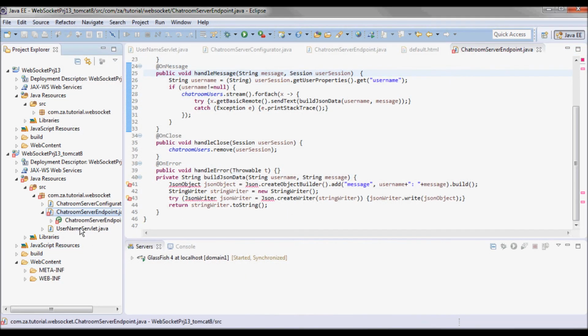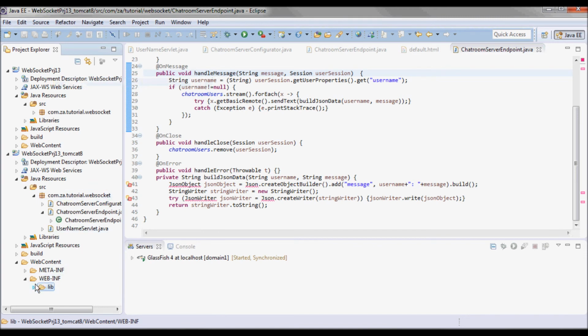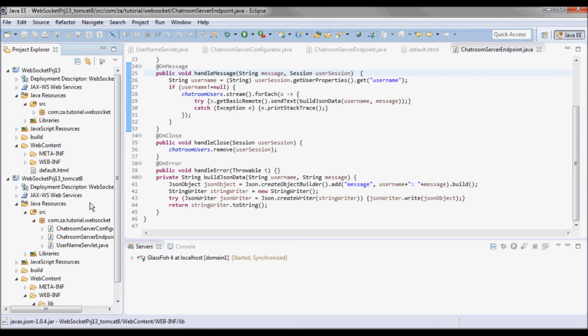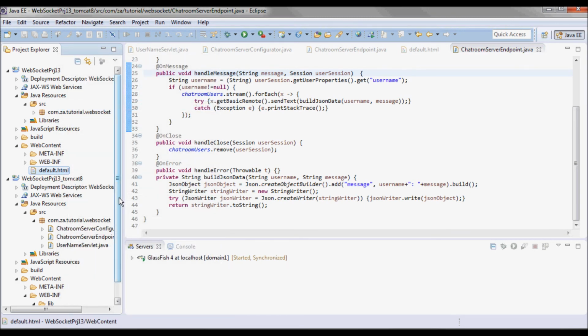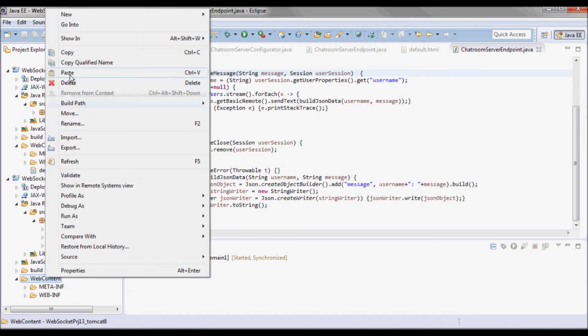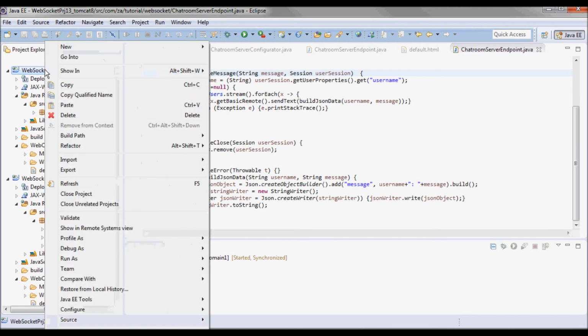And I can go to web content, WEB-INF, and the lib directory, and paste it. And let me also copy the HTML page. And let's close this one.